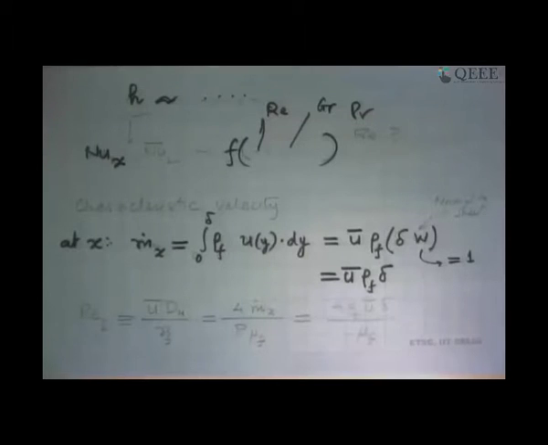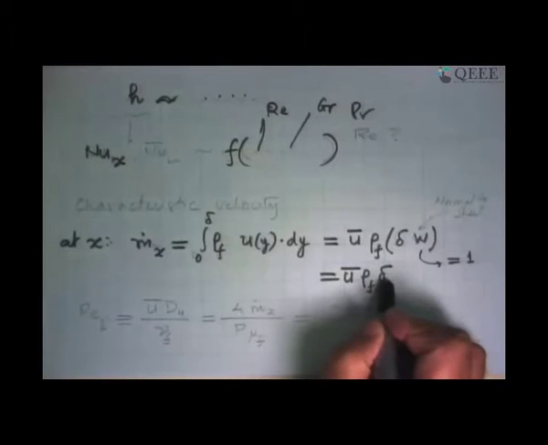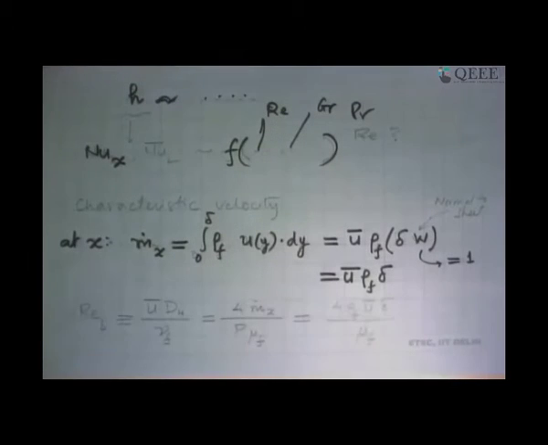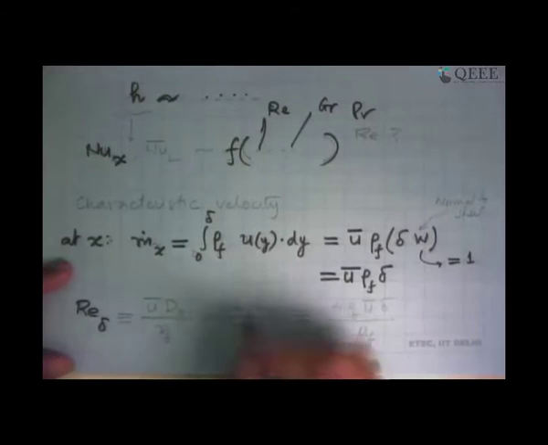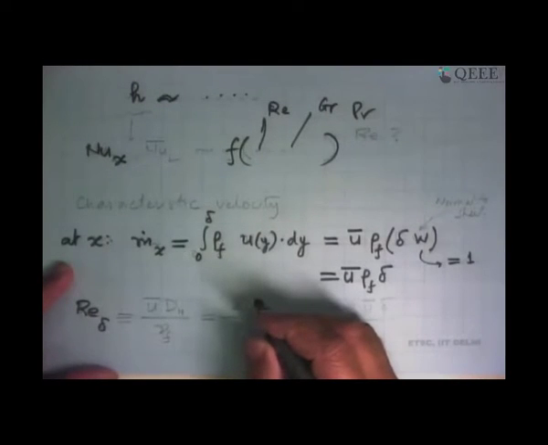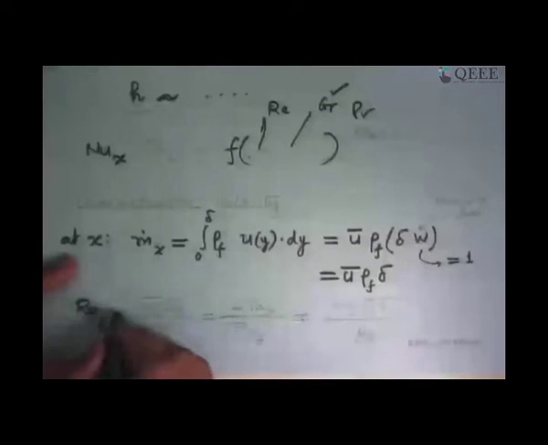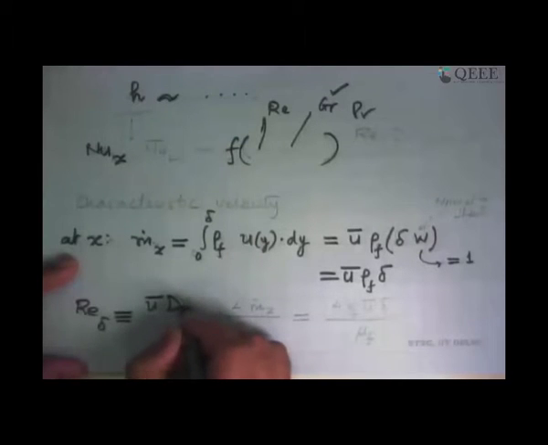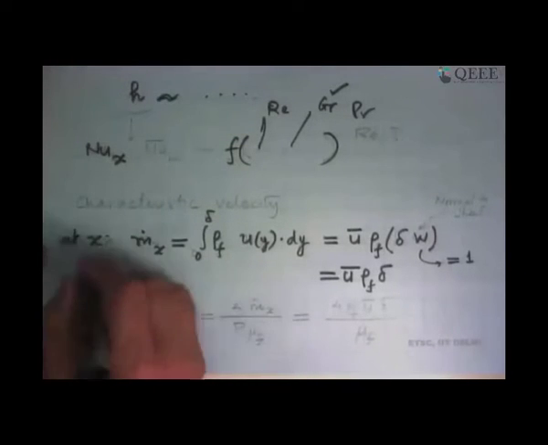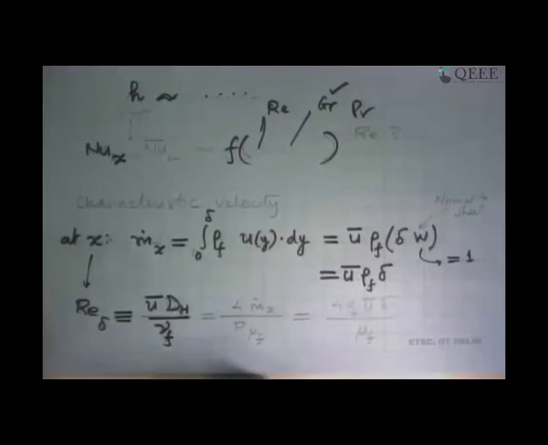So we have some expressions for mass flow rate in terms of u bar and delta, both of which we really don't know exactly how they are going to work out. But let's proceed further and say, well, what happens? Can I define at least now a non-dimensional Reynolds number? Like in natural convection, the Grashof number played the role of the Reynolds number. So let's try to create one here. This we will define as u bar into the hydraulic diameter of the film at that point, so this is at any x again, divided by the kinematic viscosity of the liquid.